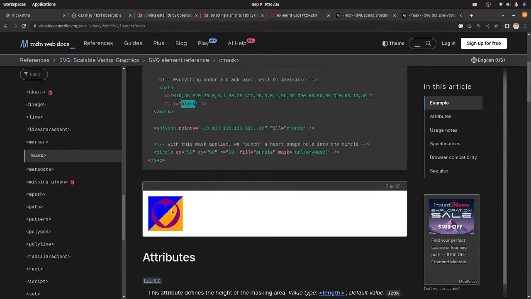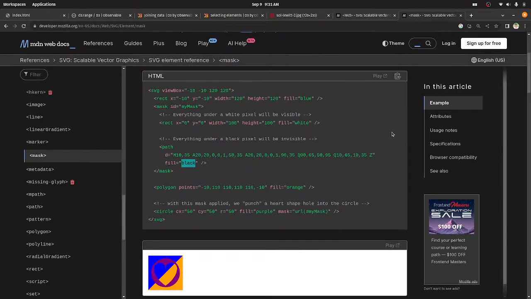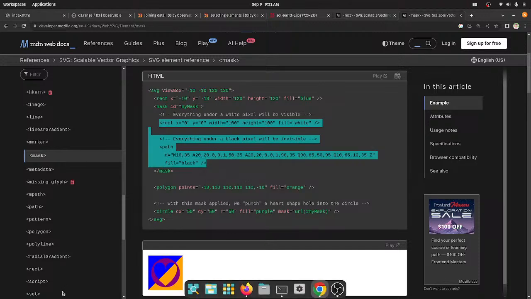So this shape is black, so since it's inside the mask, when you put it into a shape, it would be transparent. So that's what the mask does. It hides certain things and it reveals certain things. And yeah, if you take this out and see what this is,